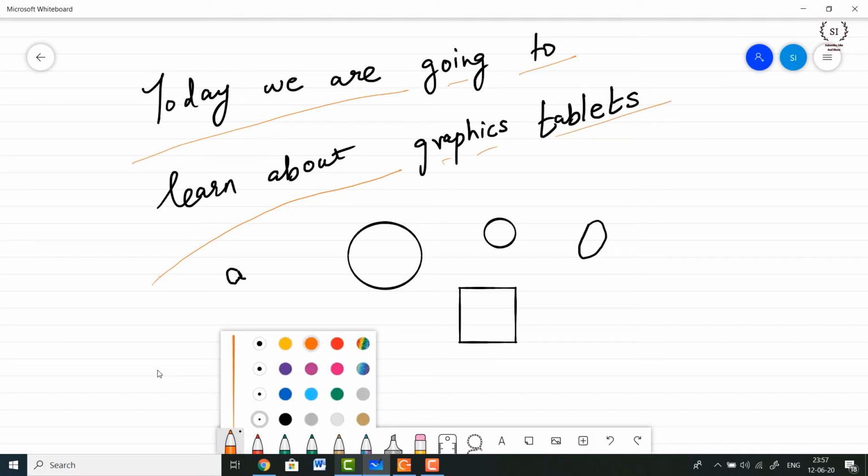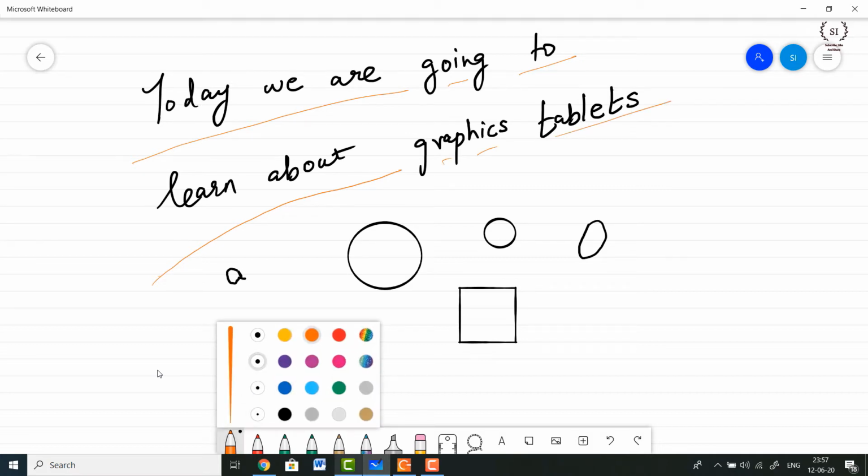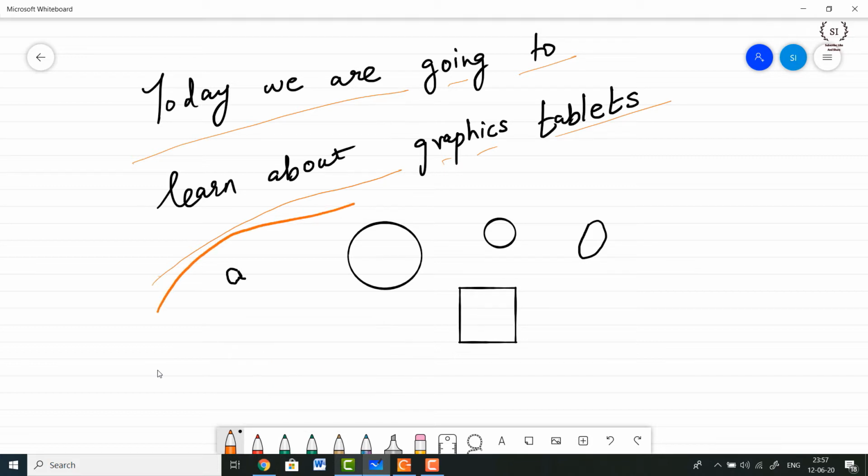If I try to increase the width to this, okay, you get this kind of an effect. So you see how different they are, right? Similarly, if I apply more pressure, it would look like this, and if I apply little pressure, it would look like this. So it also depends upon how much pressure you put into the stylus pen for drawing such curves or for drawing such lines.